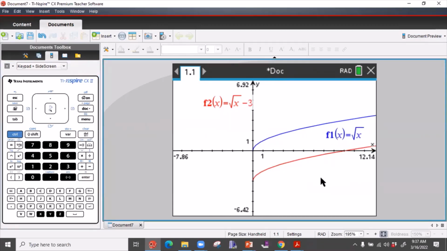For this function, what's its domain? 0 to infinity, right? Starts at 0, continues to infinity. What is its range? -3 to infinity, right? Because now my lowest y value is -3. What are its intercepts? (0, -3), and